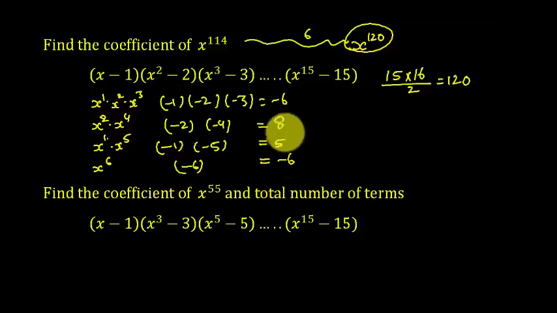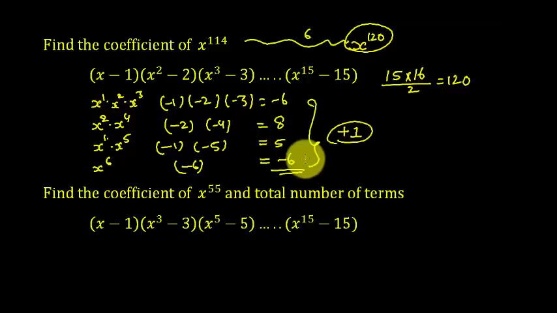So we have 4 options, and the total answer is the summation of all, because we have 4 combinations covering all the possibilities. So the final answer is minus 6, minus 12, 8 plus 5 is 13. So it is nothing but plus 1. I hope it is clear. Now solve the last question of the same type.